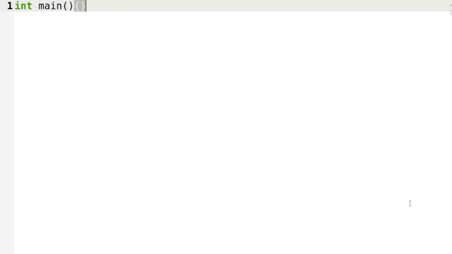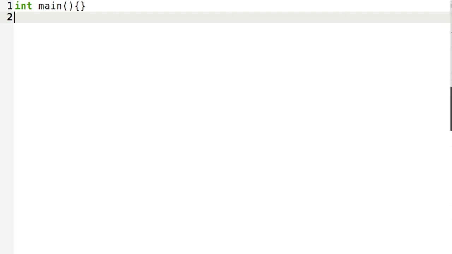The curly bracket here tells C++ that anything inside it is a part of the main function. So if there is other code outside this bracket, for example, we define a variable of type integer a, and we say it is 10, then at the time of execution this line will not be executed because it is